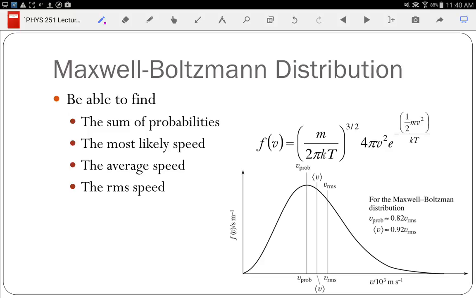And so then the probability is the probability that a specific atom will have these different speeds. And if you say, what's the probability of having exactly this speed? Well, the probability of having exactly this speed is 0, always. The actual probability, this is a probability distribution, but the probability